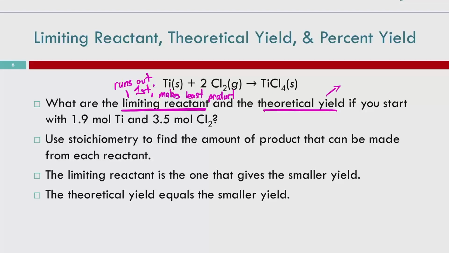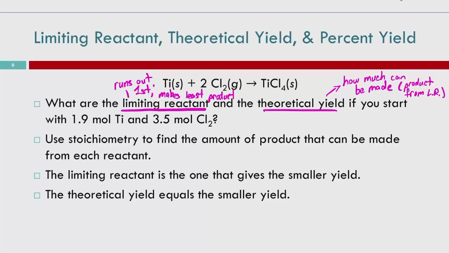The theoretical yield is how much is made or can be made, assuming everything goes perfectly, which it never does. The theoretical yield is the amount that we get out from our limiting reactant. So product from limiting reactant,